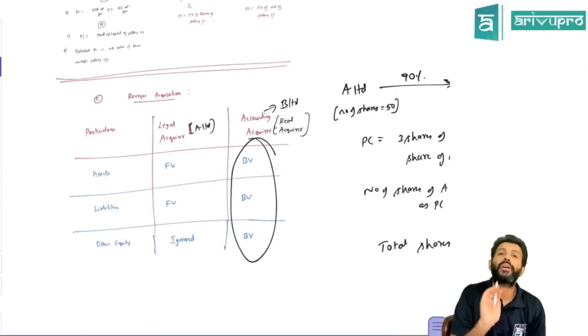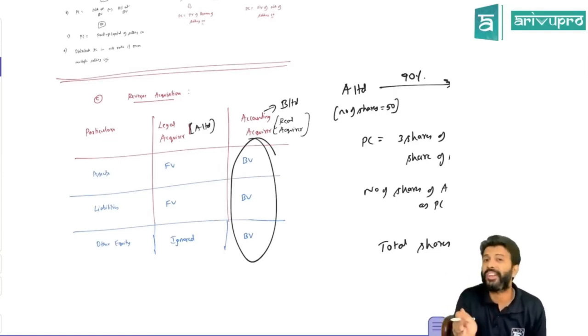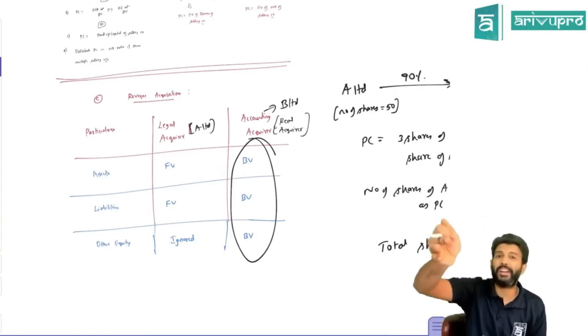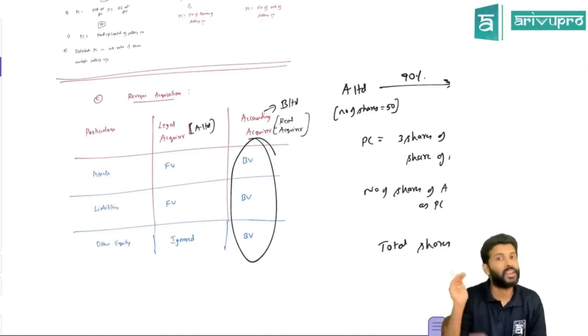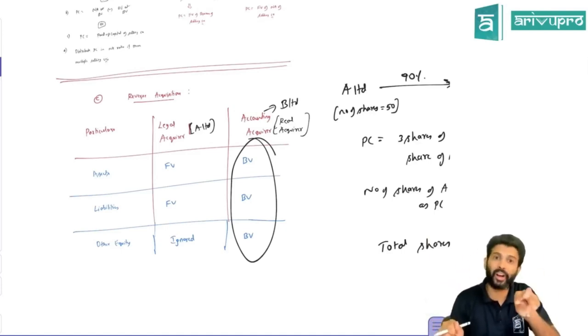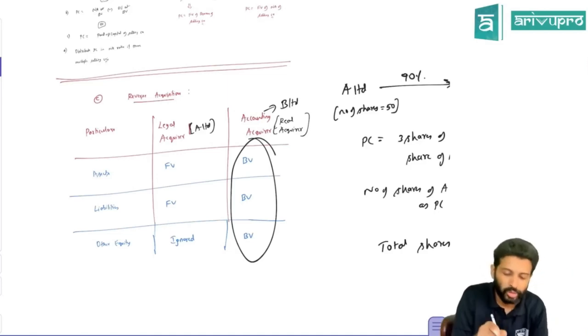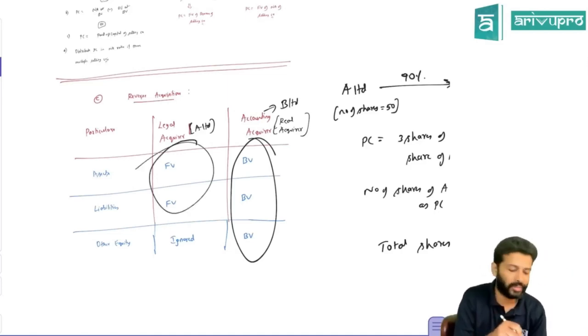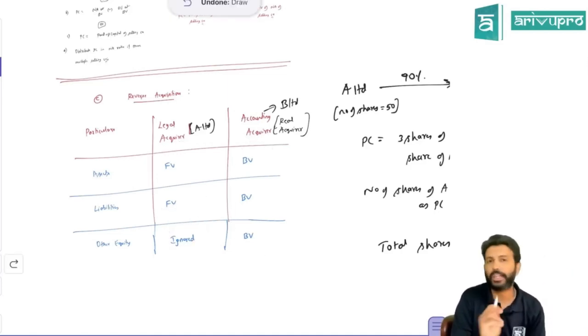Okay. What about A Limited? A Limited in reality is a subsidiary company. For the subsidiary company, we only take over assets and liability, not share capital and other equity. Only assets and liability of the subsidiary company will be taken over and recorded at what value? Fair value. So A and B's assets and liability we take over at fair value. We ignore the other equity. That's all we need to do.